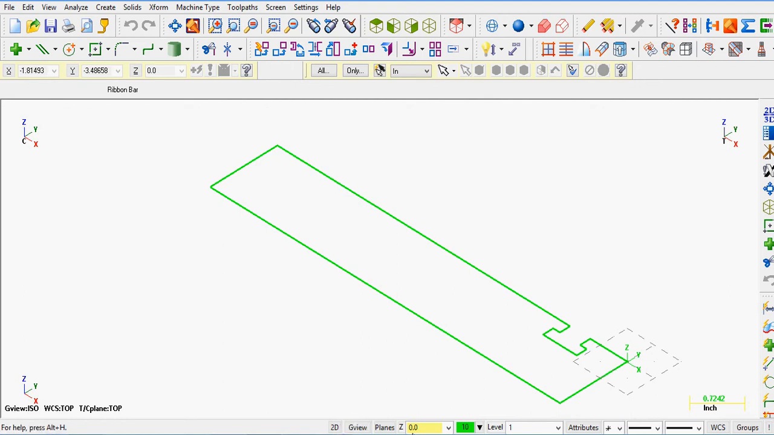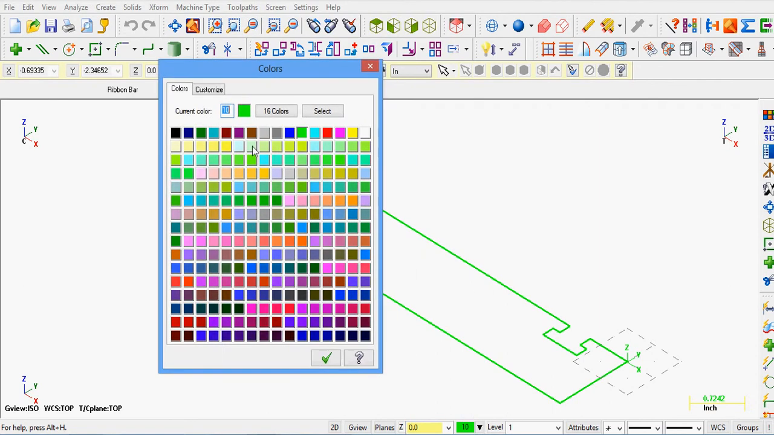Okay. It tells me the Z plane I'm drawing in, my current color. If I wish a new color, I just click on the color. Color window will pop up and I can change the color to whichever one I wish to be the active drawing color. Okay. I have a level